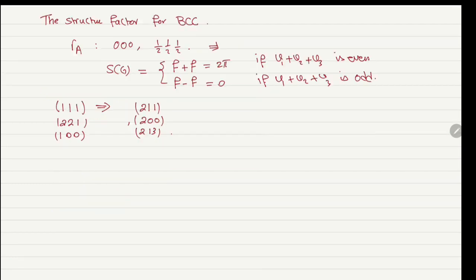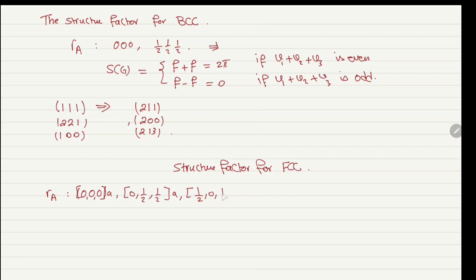Now let's find out the structure factor for FCC structure. For a monoatomic FCC structure, the atomic positions are A, in this case here, is 0, 0, 0, A, 0, half, half, A, half, 0, half, A, and half, half, 0, A. If we substitute this back in the structure factor formula, you will find that the structure factor equal to